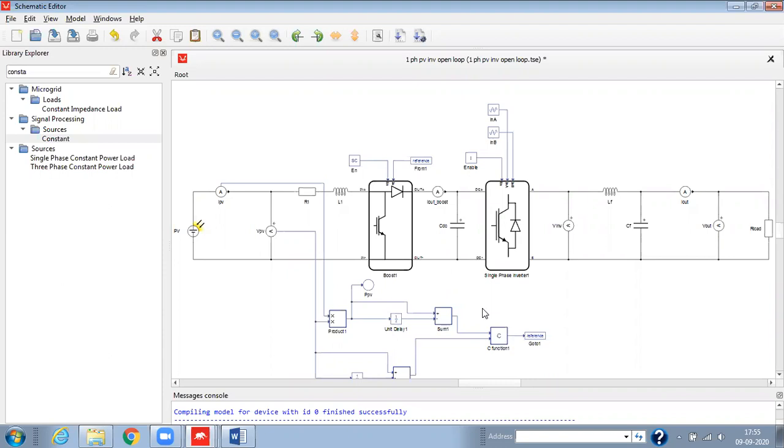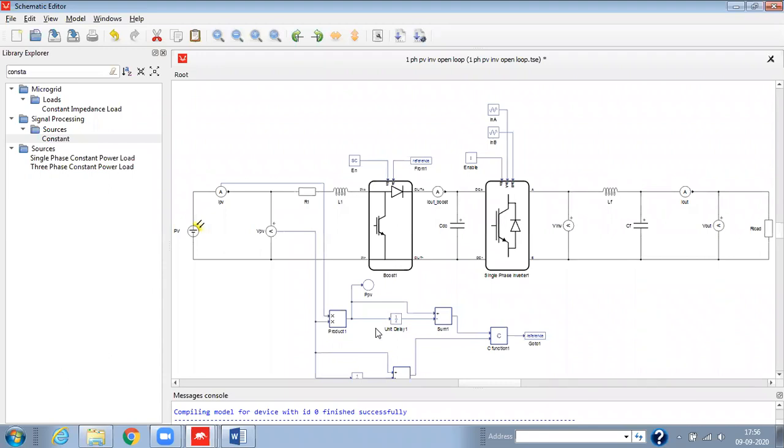For observing the change in power and change in input, we have taken the unit delay so that we can get them. Because in the P&O algorithm, we have to apply some perturbation in the voltage, then observe the change in power we get. That's why we are using the unit delay here.